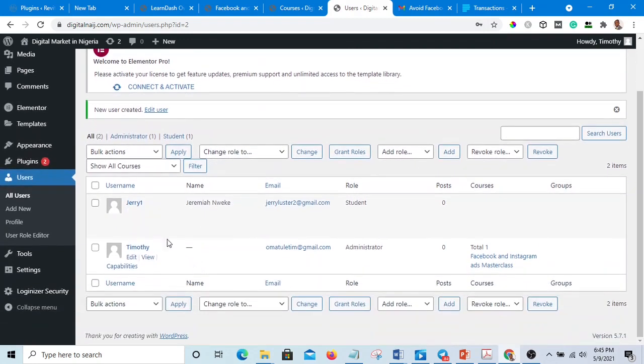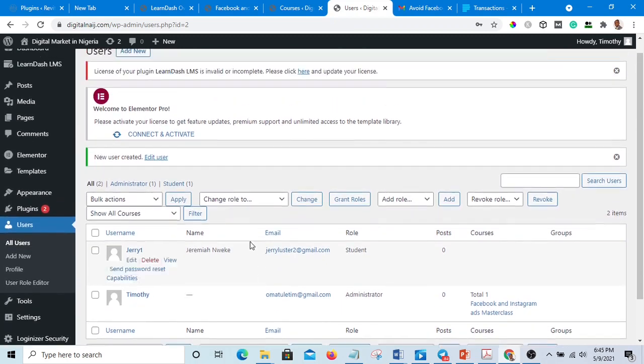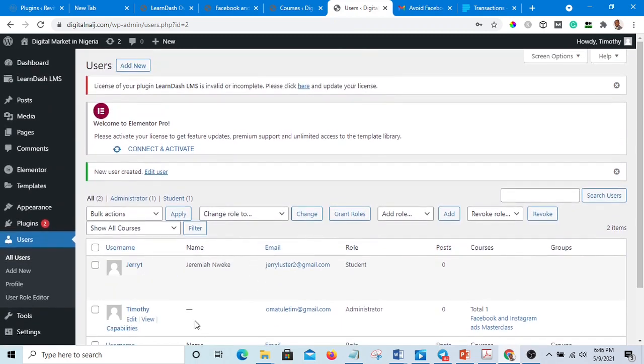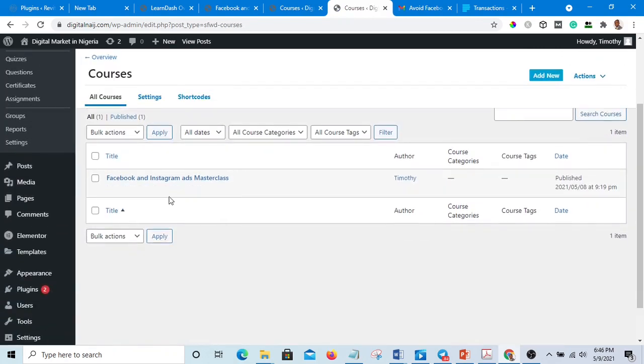Okay, so you can see the user has been added already, but he will still not have access to the course yet. So what we are going to do to make him gain access to the course is we are going to go to the course. If you go to the course, you go to your Learndash, hit on the courses, and you select the course. Here is the course. If I select it,